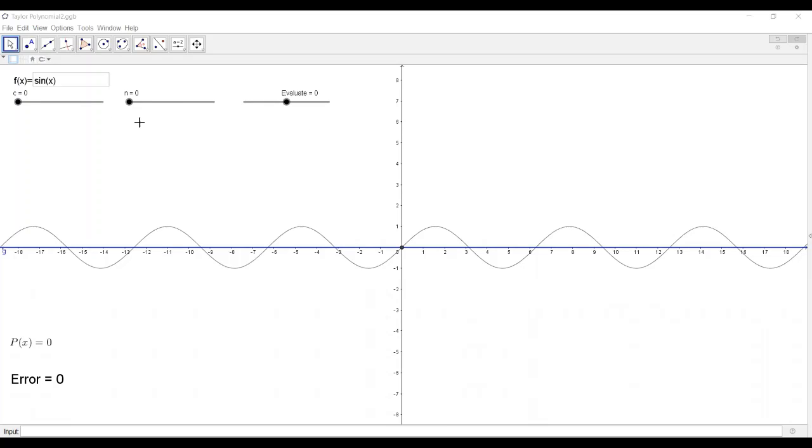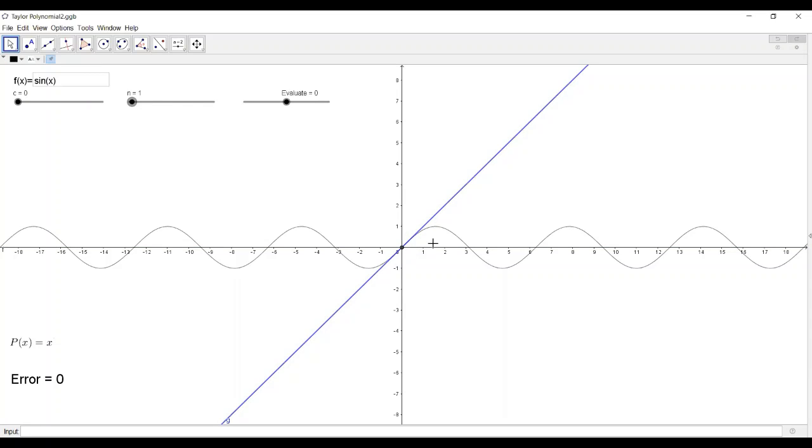As you see, there's 3 sliders up here at the top. The first one is going to be our center. The second one is the degree of polynomial that we're going to use, and then we're going to evaluate these at different places to see what kind of error that we end up with. So let's say that we have our center at 0, and notice as we start increasing the degree of our